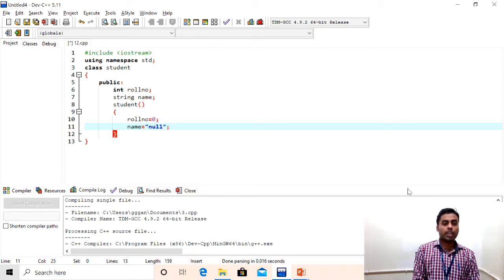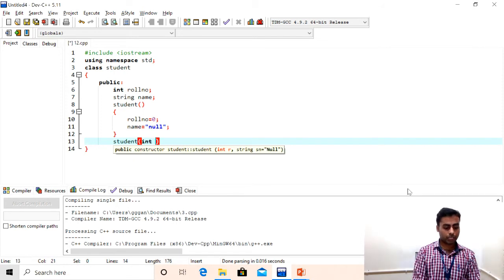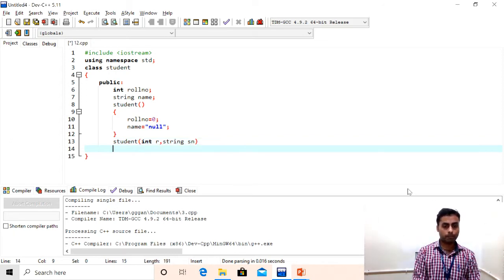Then when some student has filled the form and provided a specific roll number and a specific name, for that purpose I am using one parameterized constructor. Here I am passing student: the first parameter will be an integer r, which represents the roll number, and another one will be a string, student name, which will represent his name.